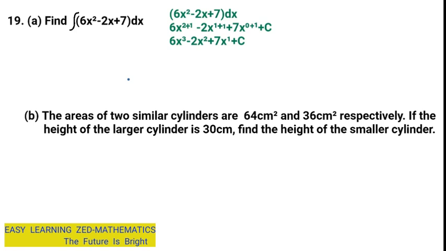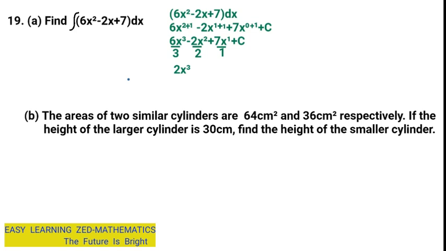So we're going to have 6x cubed divided by 3, then negative 2x squared divided by 2, then 7x to the power 1 divided by 1. Once we have done that, the next thing we're going to do is find the quotients. So 6x cubed divided by 3 will give us 2x raised to the power 3, minus